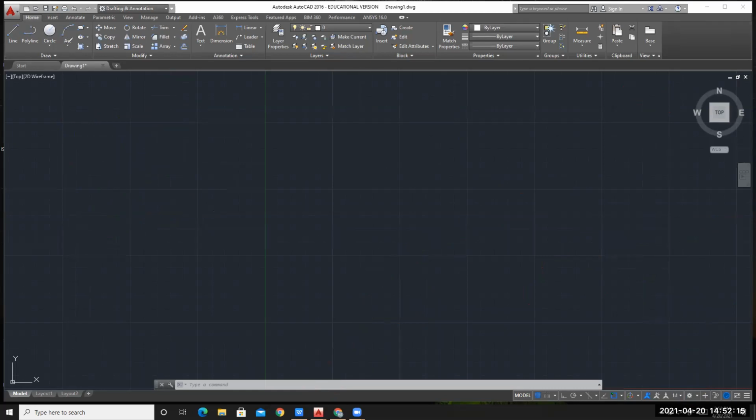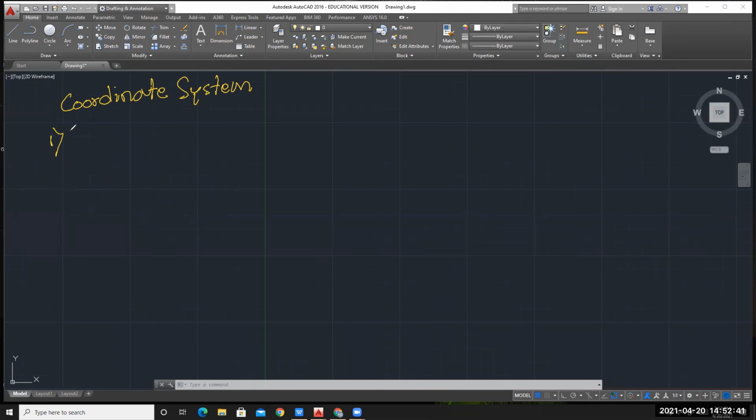I will give the heading here. In AutoCAD, we have four different types of coordinate systems.